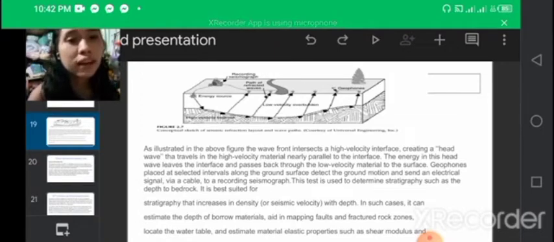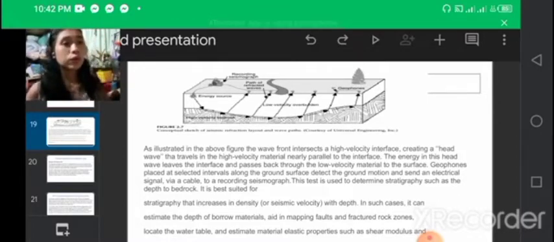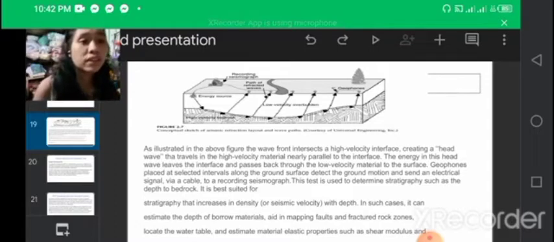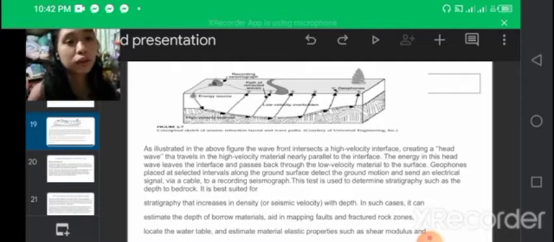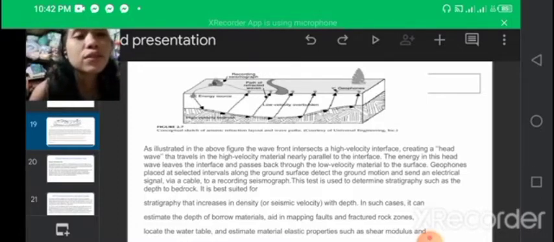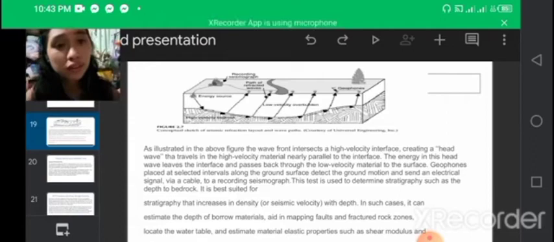Geophones placed at selected intervals along the ground surface detect the ground motion and send an electrical signal via a cable to our recording seismograph. This test is used to determine the stratigraphy, such as the depth of bedrock. It is best suited for stratigraphy that